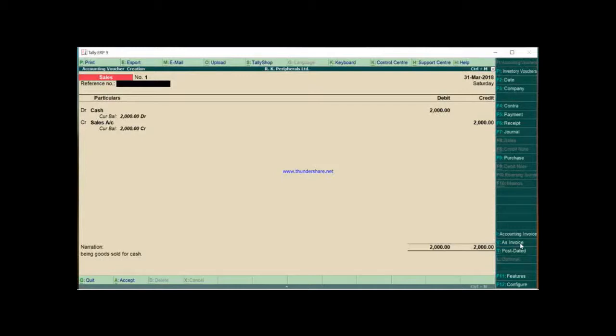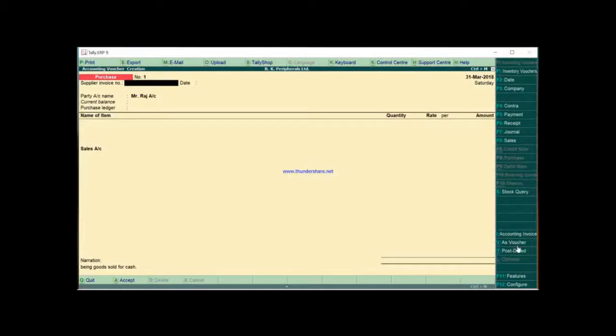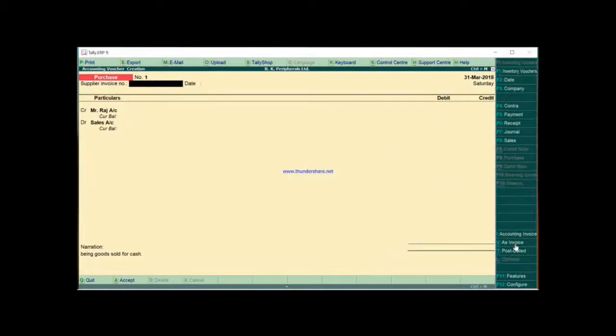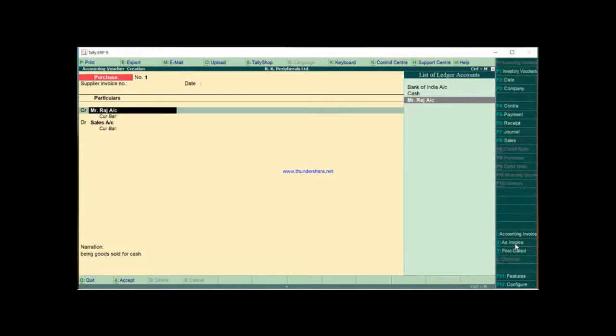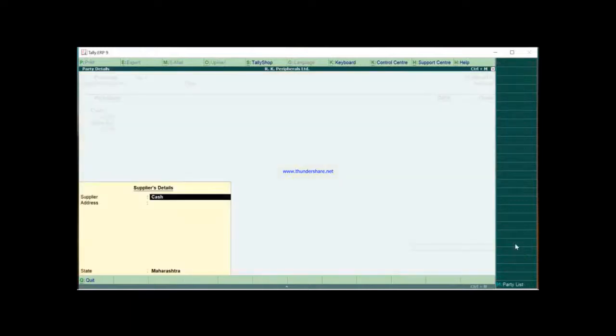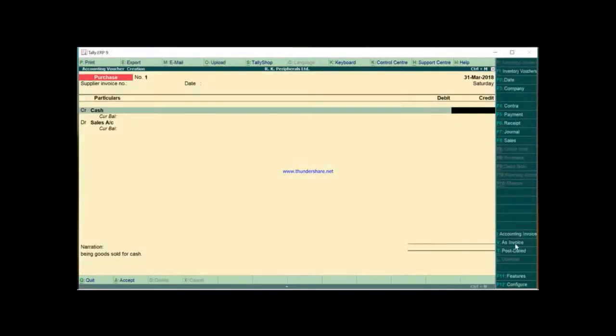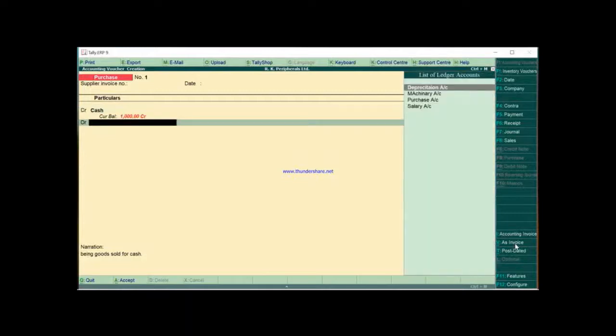Now the fourth entry is purchased goods for cash. For the purchase we have to select purchase voucher, press enter. Now here purchased goods for cash. Here cash account is credited of rupees 1,000 to purchase account.